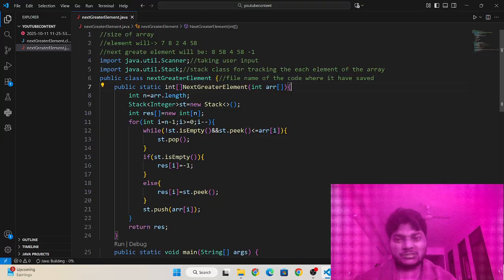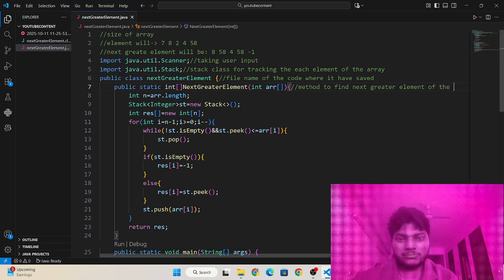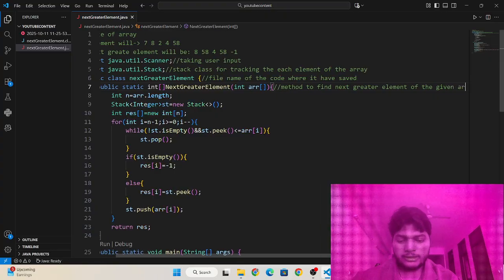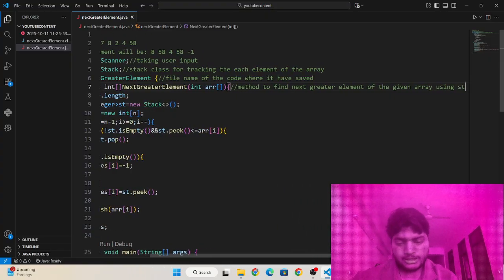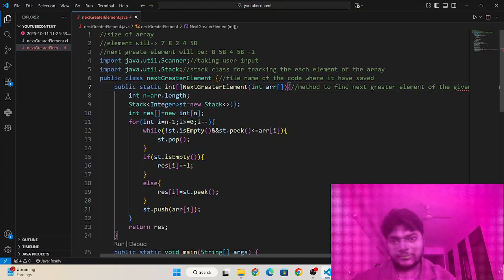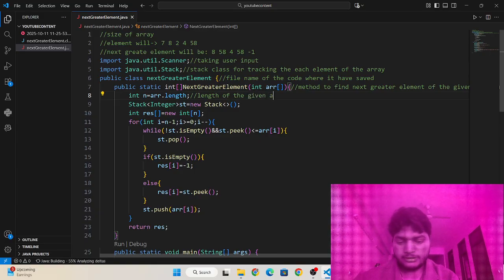This is the method to print the next greater element of the given array using stack. Okay, and this is the length of the given array.